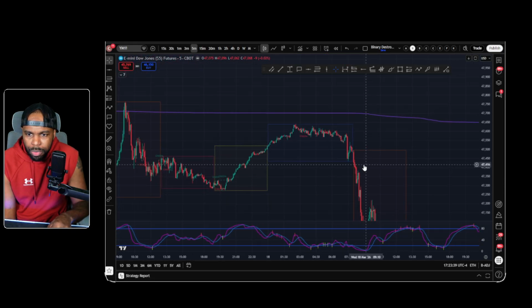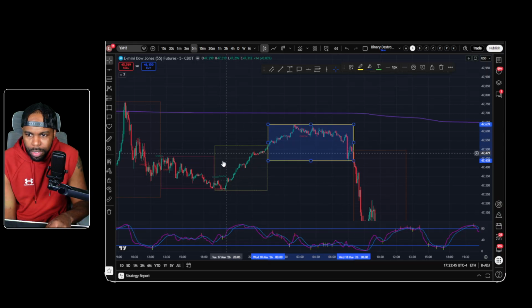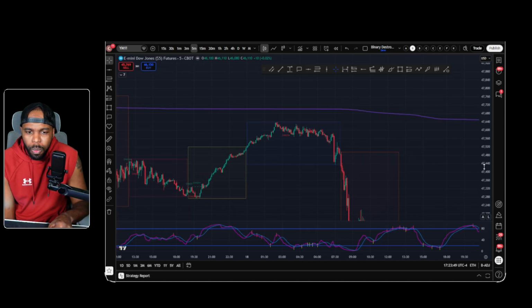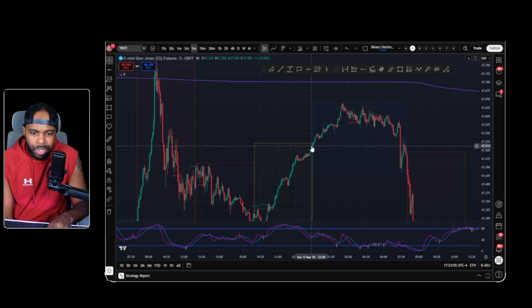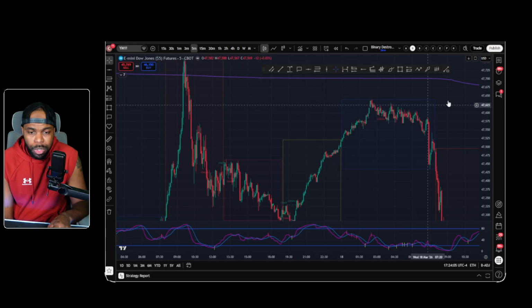Remember, the blue box right here is the London session, okay? The blue box is the London session. And then this yellow box right here is the Asian session, okay? So once I see price open up, normally, price likes to sweep the session liquidity. So I'm expecting price to sweep above the previous session, which was the Asian session, when it comes to the